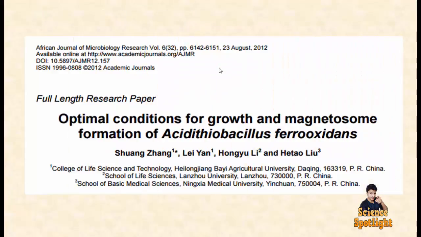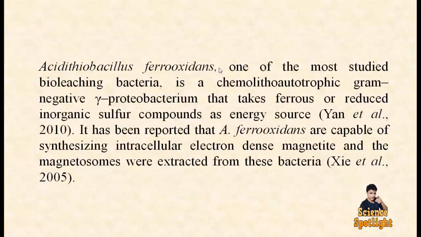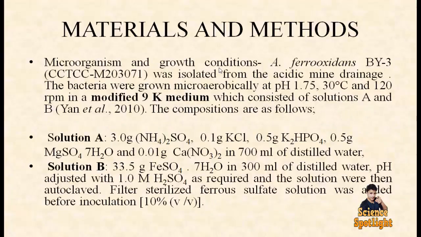And in one of the research papers, the scientists published what are the actual magnetic factors or external factors that affect the growth and development of magnetosome in Acidithiobacillus ferrooxidans. And we all know this is the introduction about Acidithiobacillus ferrooxidans, and they used some materials and methods, like Acidithiobacillus ferrooxidans from acid mine drainage, and they used modified 9K medium for growth and development of this